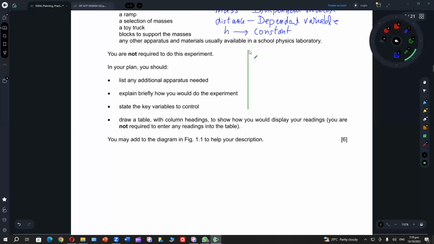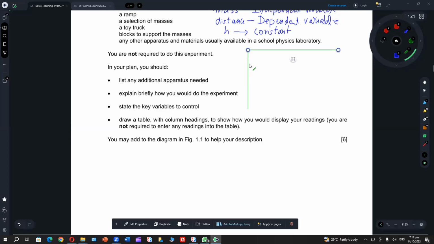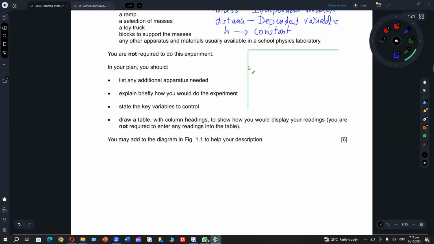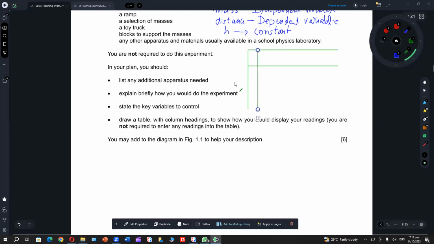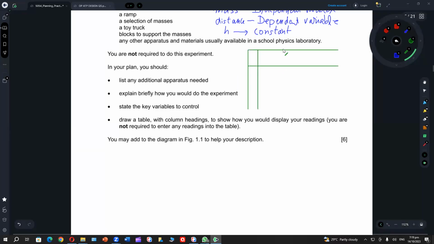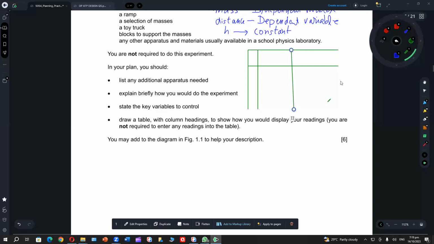I'm preparing for a table. Examiner says you have to mark the table, but you're not supposed to enter any values. So one column, as I'm changing the mass,